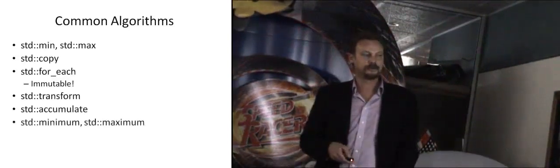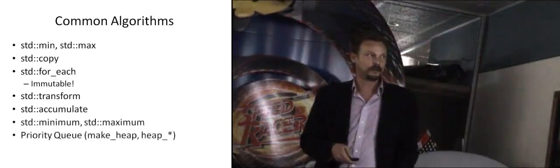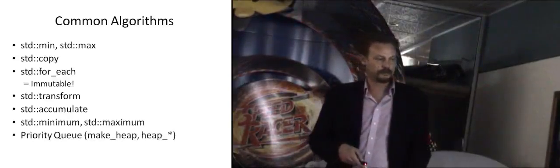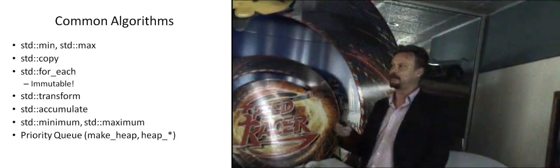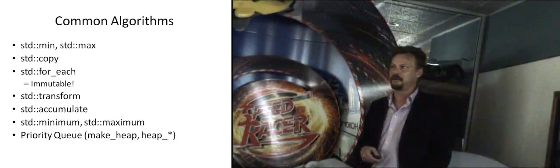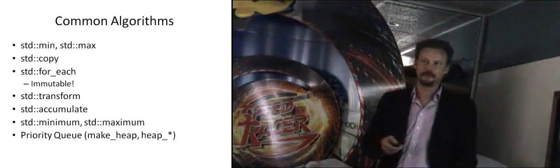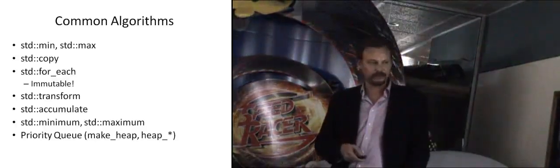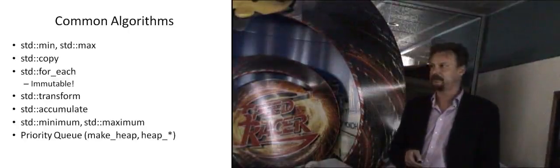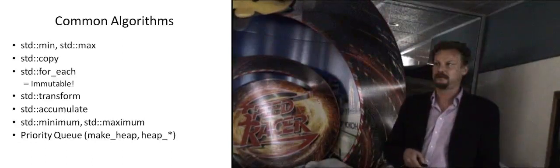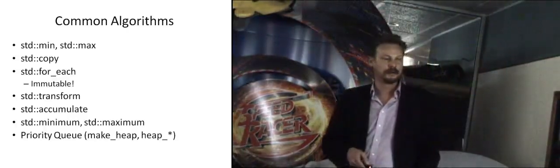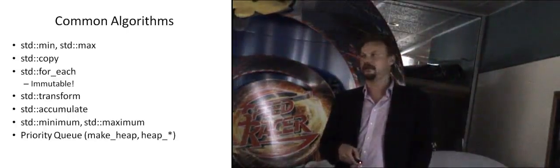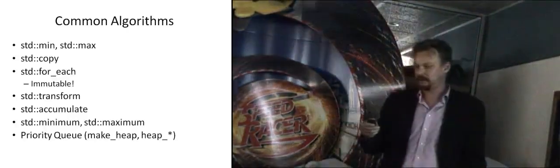Accumulate, find the minimum in a sequence, find the maximum in a sequence, and priority queue work. I still don't understand why the STL decided to expose a priority queue as a set of algorithms and not as an adapter on a container. I don't know if anyone's ever done things like iterative deepening A-star algorithms or similar for search trees. Then you need to keep priority queues. You can basically do A-star in the STL in half a page of code. It's already got everything you need, it's just that the priority queue is all hidden in these heap algorithms. Don't ask me why they did that.